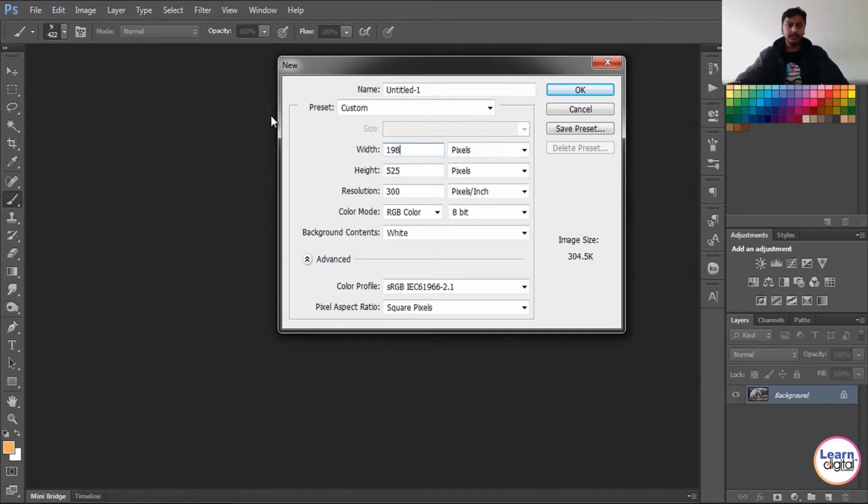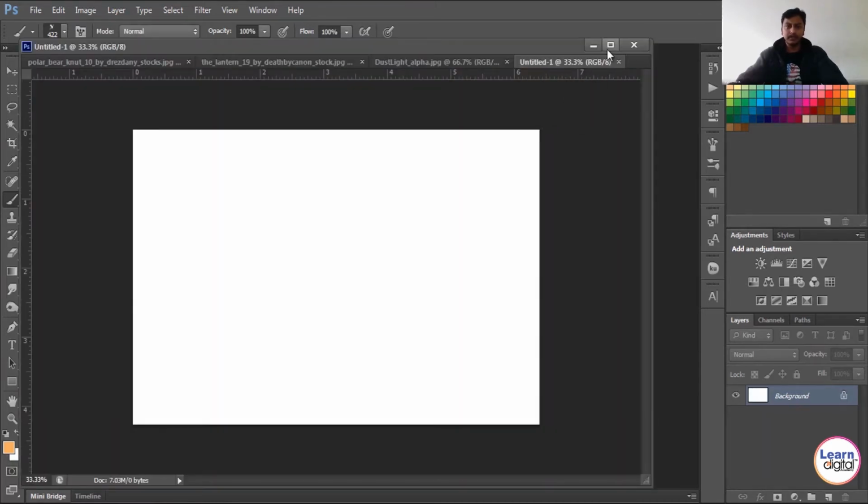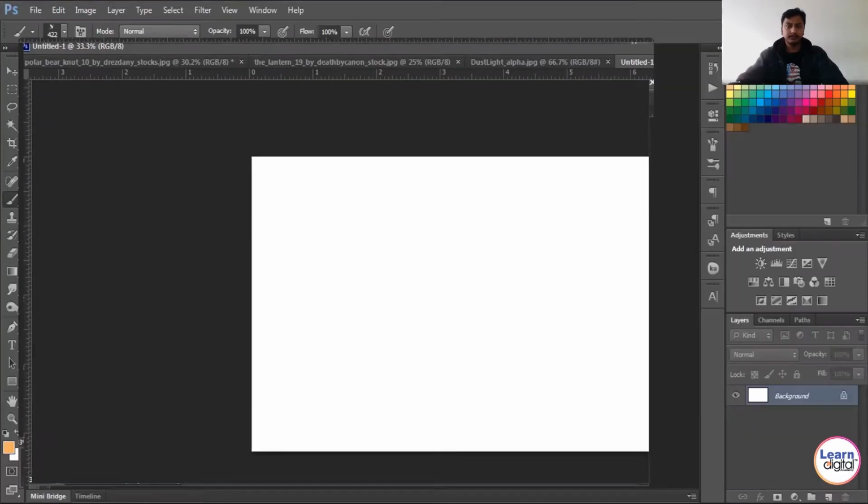Sorry, here I'm taking a custom size like 1920 pixels by 1080. You can take 1080, or 1020, or 1920 by 1080, or 1280. So 1920 by 1280, here I'm using. This is in 300 resolution, movie poster size you can say, that is full HD.